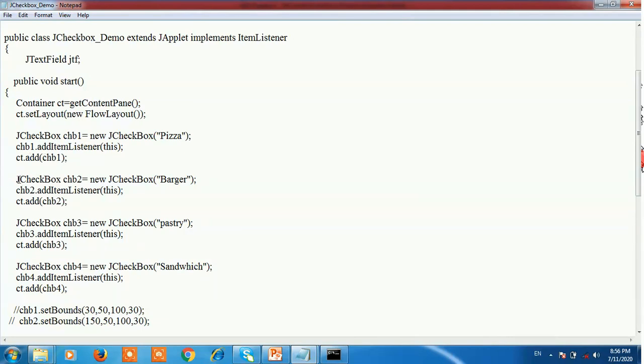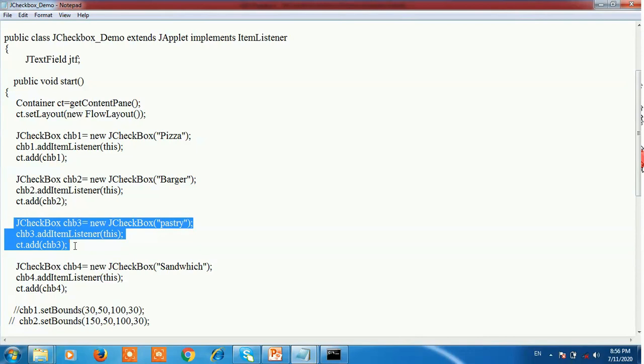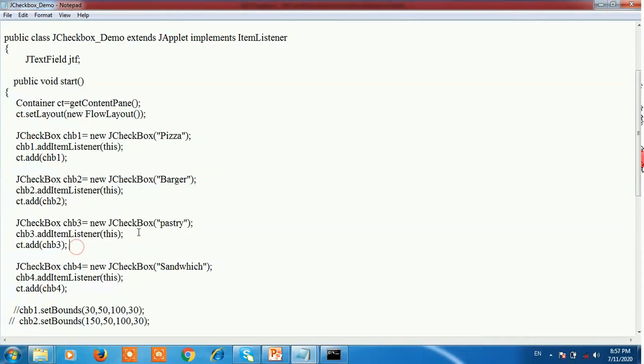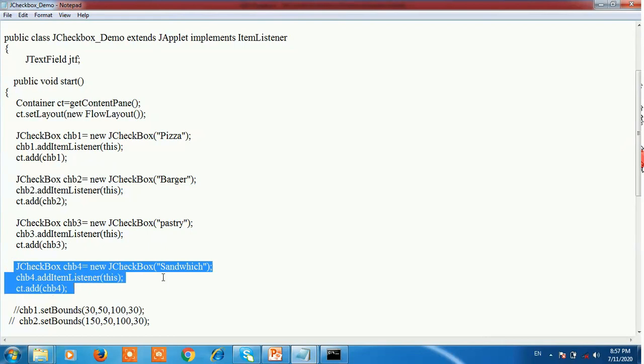Same for checkbox 2, chb2 is equal to new JCheckBox with string Burger. chb2.addItemListener(this), ct.add(chb2). The checkbox is added into the container. Same, create checkbox 3 with string Pastry, and checkbox 4 with string Sandwich.